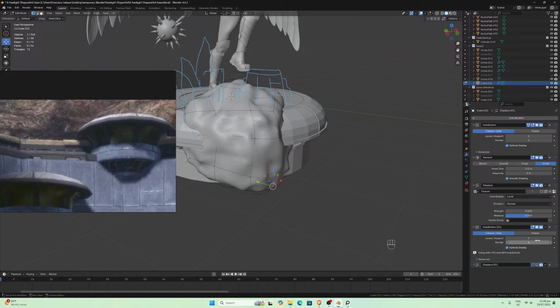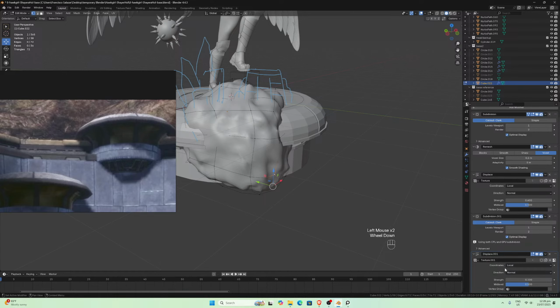Only one level of subdivision, and then I add another displacement modifier. And with this displacement, again, something that you need to be really careful about: don't duplicate the modifier and move it in here, because if you do that and want to change the texture or the values, you're going to change that here too. So don't do that. If you want to create different styles to play with both textures, you need to create a new displace modifier, and